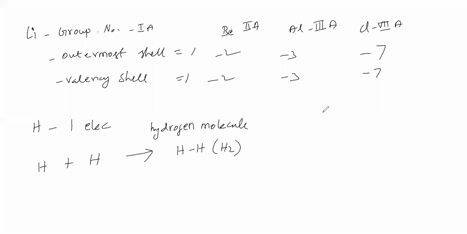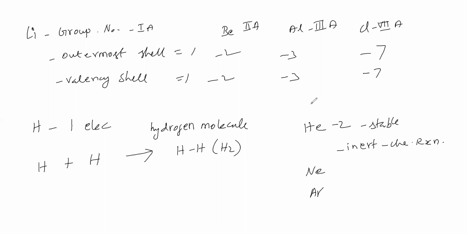But now we will take helium. Helium atomic number 2, so it is having 2 electrons. Helium is stable. Helium is inert for chemical reaction. Therefore, helium is stable, it is not going for chemical reaction. No compound of helium is discovered so far. Neon is stable, it is not going for chemical reaction. Argon is stable, it is not going for chemical reaction.